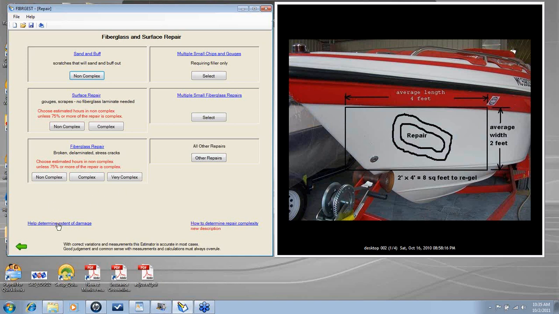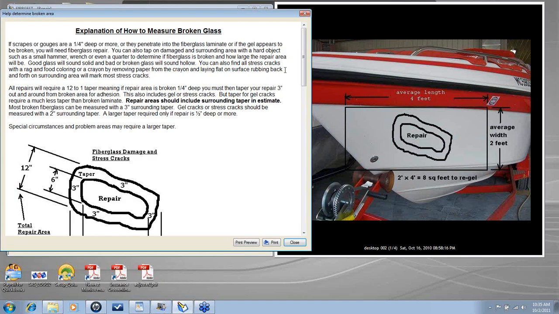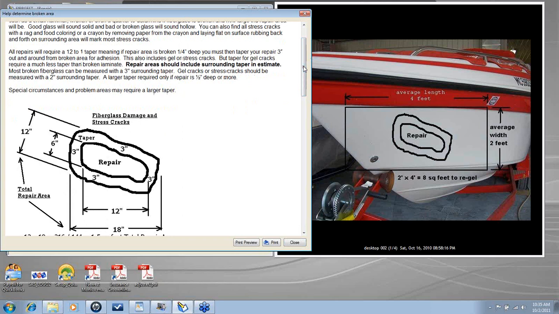Hyperlinks, how to determine extent of damage. There's the fiberglass repair. Here it's very critical to determine the amount of area that's damaged before you figure your square foot. You want to figure your broken area, anything that's delaminated, any stress cracks. You want to look for stress cracks. You want to possibly do a sounding around the repair to check for delamination and determine how big that delamination or broken area is before you measure your